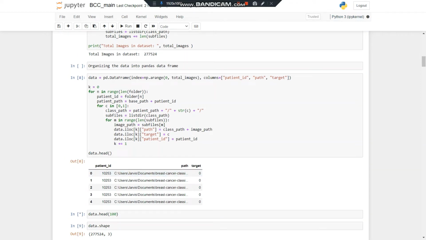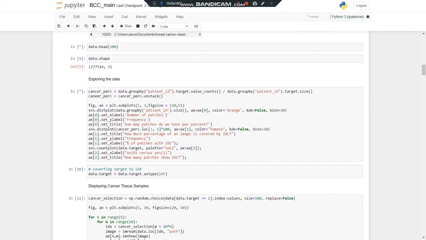As we can see, data head, the data that we have here: this is the patient ID, path of the image and target 0. 0 means it belongs to the folder that contains all the images of benign tumor. It's exploring the data,